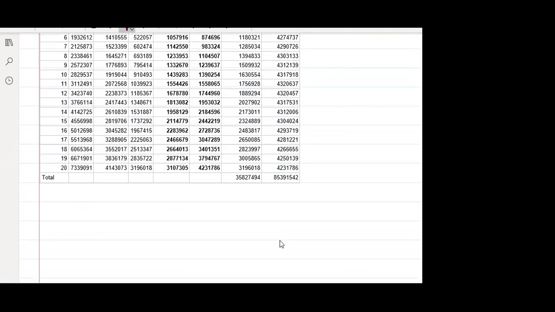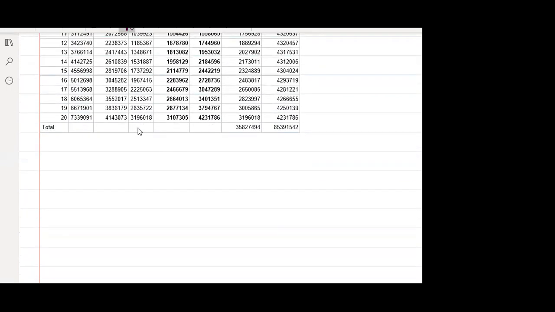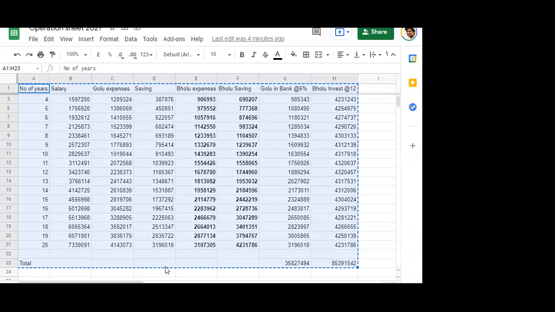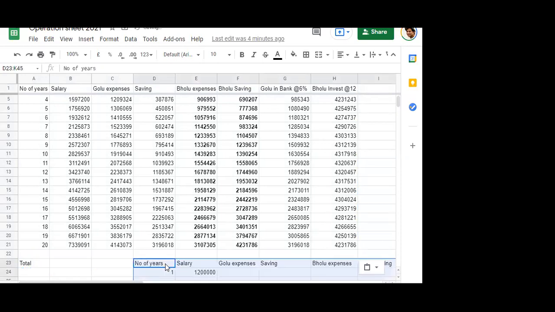So this was your actual saving. This was the actual saving of Bholu, and this was the actual saving of Golu. So Golu will save how much? The actual saving of Golu is, tell me,